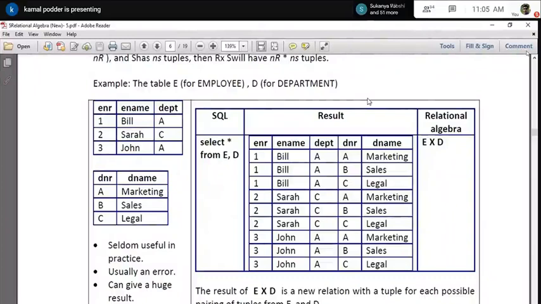It takes all the records from one relation and combines every record with each record from the other relation. So if I have one table like this and one table like this, with 3 and 3 records, it will create 9 records. The operation is written as E cross this. This is the Cartesian product.